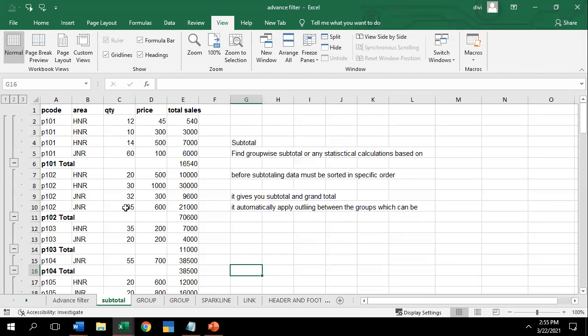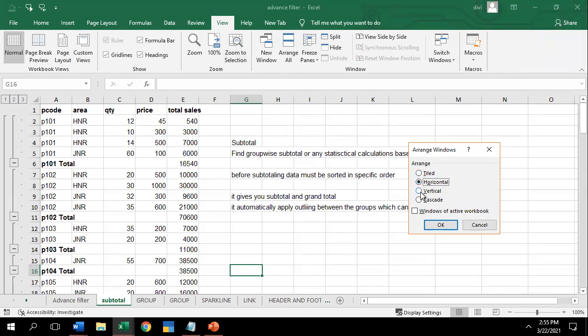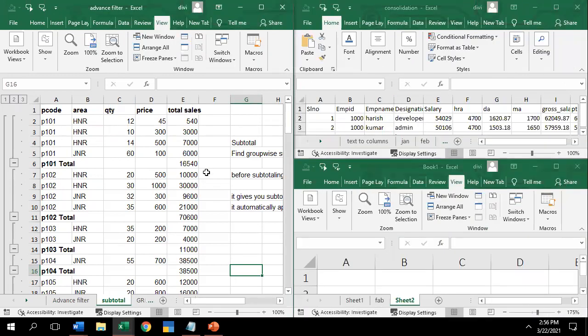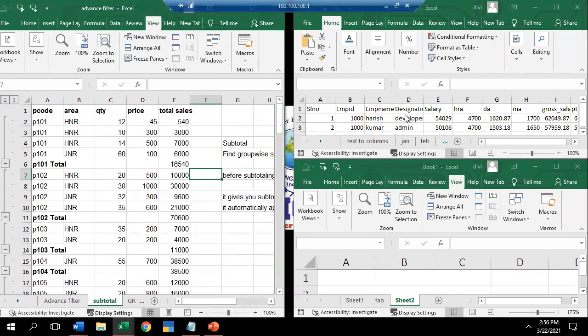If you want to analyze like this, you can go to the View tab. You can click on arrange all. You can click on which method you want, either vertical, cascade, or tile. Okay. So I'll select tile. I'll click on OK. Now you can see one workbook on your right side, and the other workbook on your left side.